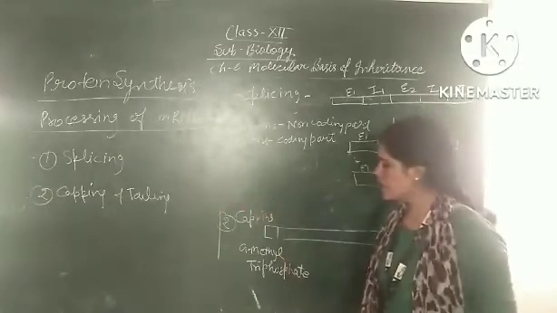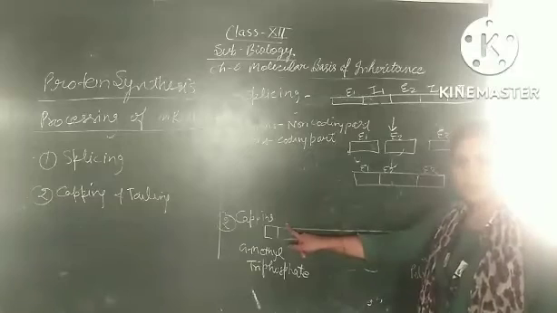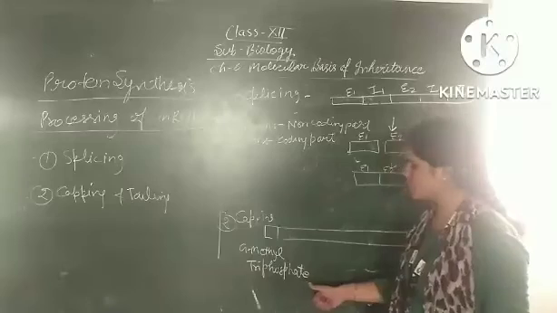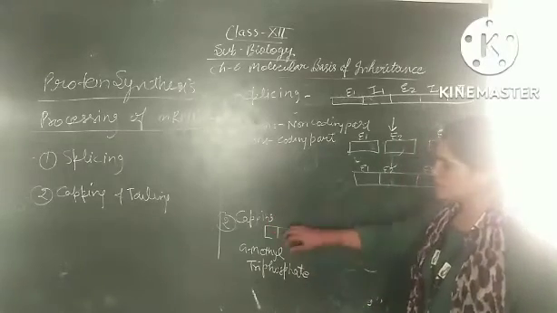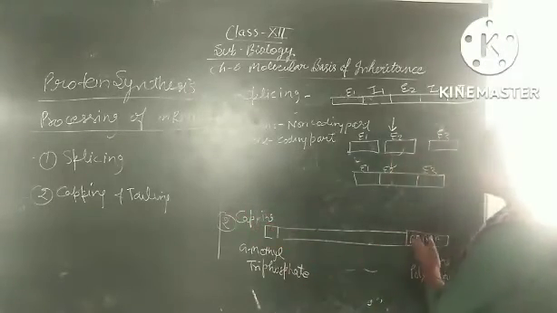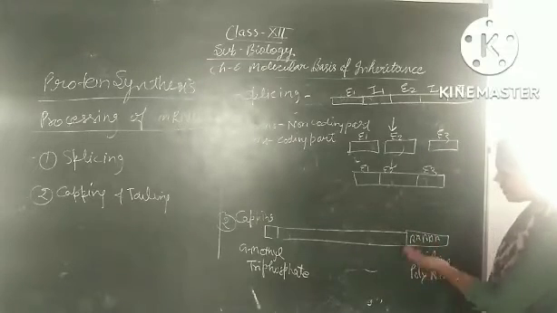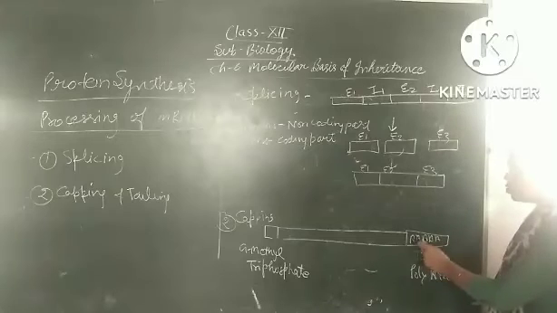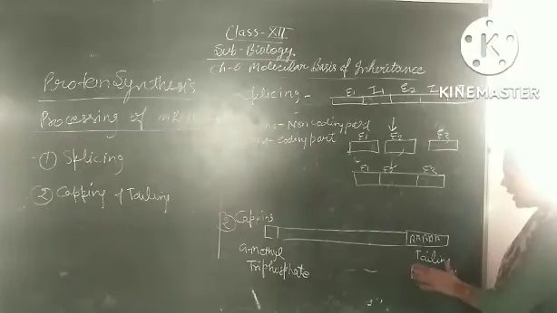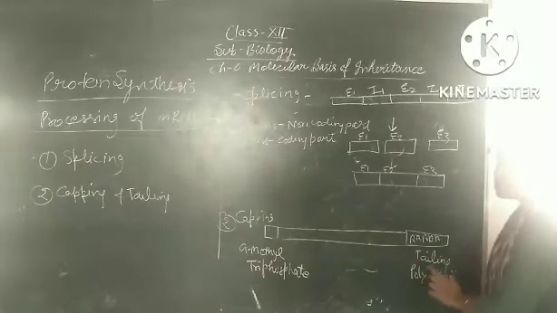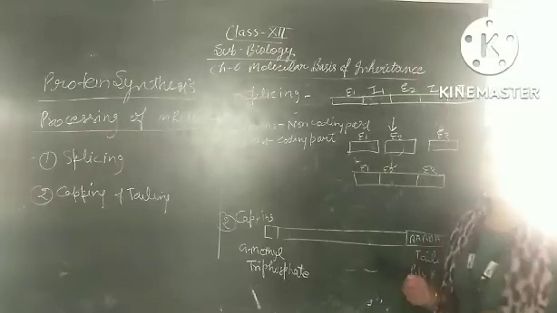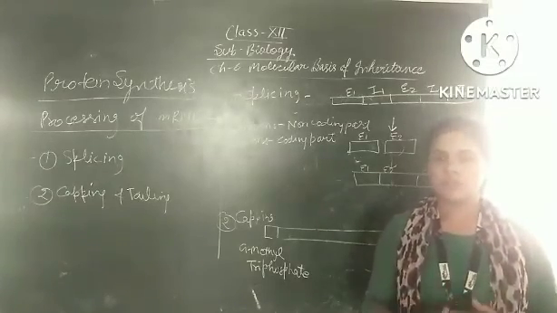Second step is capping and tailing. In the capping, at the 5' end, the cell attaches a chemical compound known as G-methyl thiophosphate at the 5' point, which protects this part. On the 3' end, the cell adds many adenines, one by one, around 200 to 300 adenines in a sequence. This part is known as the poly A tail, and the process is called tailing. So this is capping and tailing. Now this RNA is completely ready to come into the cytoplasm for the process of translation.